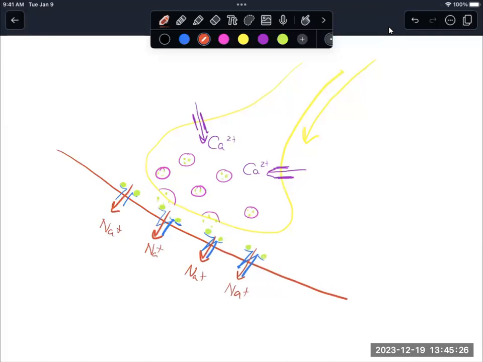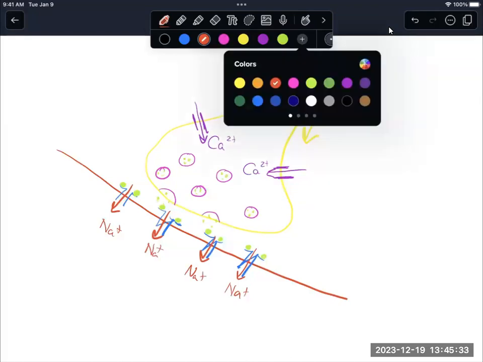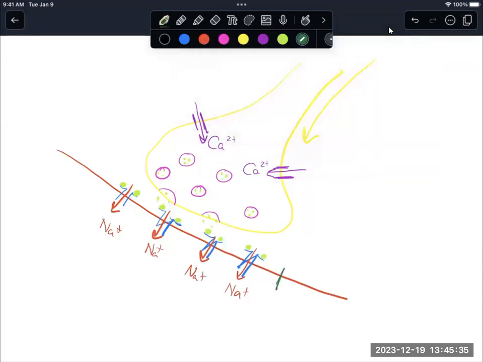Sodium starts coming in. It's going to cause... I've got other channels that can open on my cell here. These channels are going to open and they're going to cause potassium to leave my cell. When potassium leaves the cell, this acetylcholine here